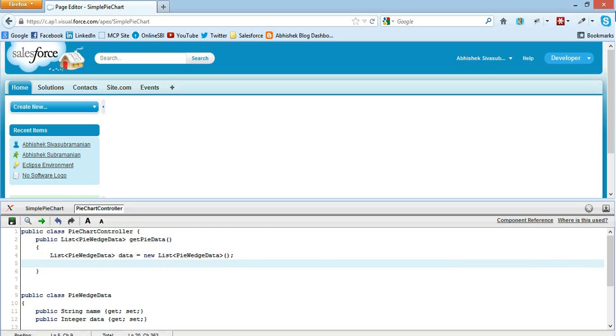Now we need to fill the list, right? As I told you, if we have a business scenario, we could be taking data from a SOQL query from a particular standard or a custom object. But if it is for a demo or an experimentation purpose, you could even develop a data set inside your controller class itself. So that is what I'm going to do now. I'm going to hard code things here. So list object dot add